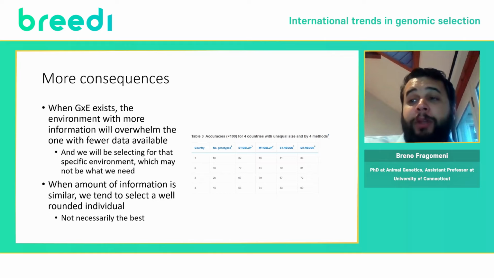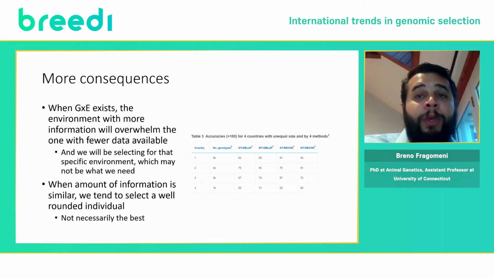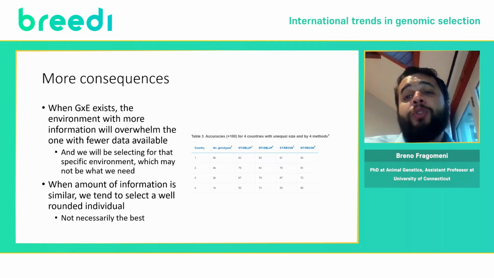In this table here, there was a simulation that we did to simulate a multiple across country evaluation, a MACE evaluation using genomic information. And we simulated the 4 countries with correlation equals 0.8. And we use different methods to try to predict. And we see that the country with the higher number of genotypes, country 1, is not really affected by the method. However, the country with fewer genotyped animals is the one that has the most potential to learn from the other countries, but is also the country that will be really impacted if we ignore those